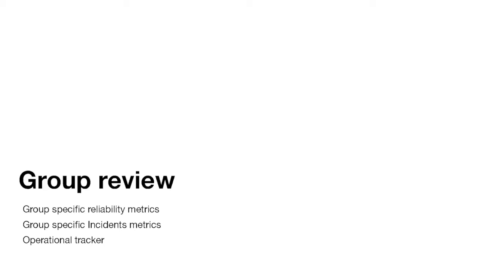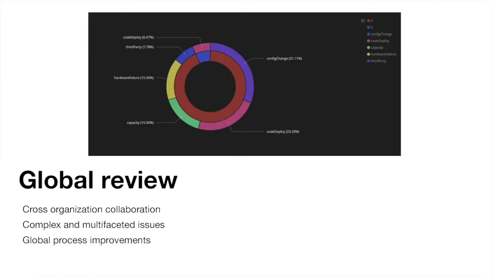Other than local reviews, there are also global company-wide reviews. This is done with all the senior executives on the engineering leadership, and what we do here is try to find out overall patterns, like whether there are any hotspots across the company, such as a specific type of failure that we are looking at. These are very contextual, depending upon what kind of business objectives we are executing, what kind of changes are coming in, whether platform or product specific, plus also all the socioeconomic things that happen. That means if we have some events happening and there is a surge of traffic, we might have some capacity hotspots and things like that.